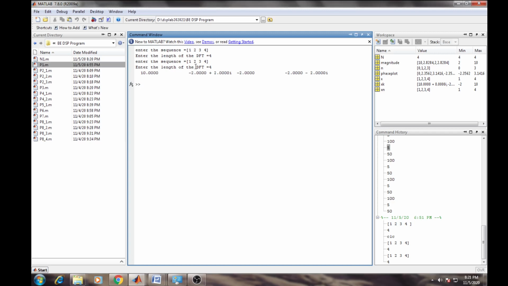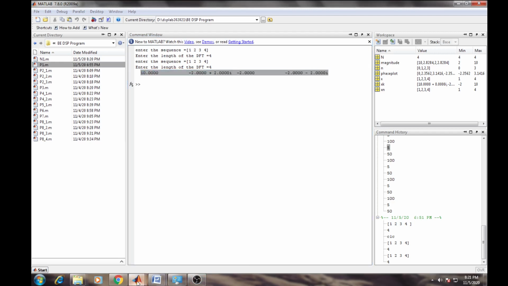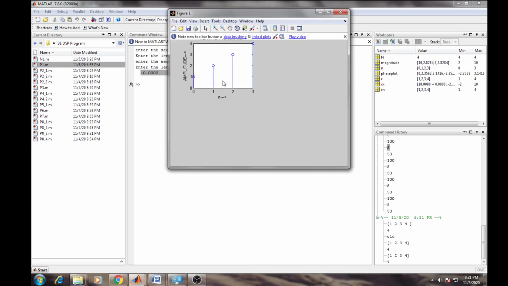That result is 10, minus 2 plus 2i. Generally we write this in complex form, so instead of j, here i is used. The third value of X of k is minus 2, and the fourth is minus 2 minus 2i. So this is the output X of k.